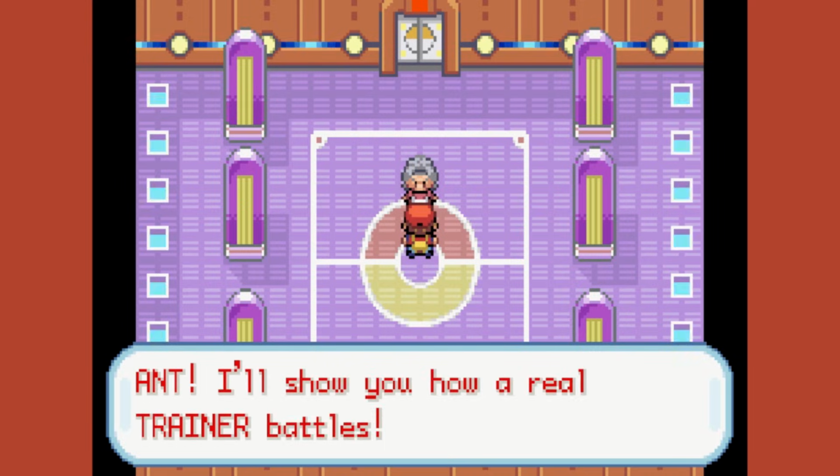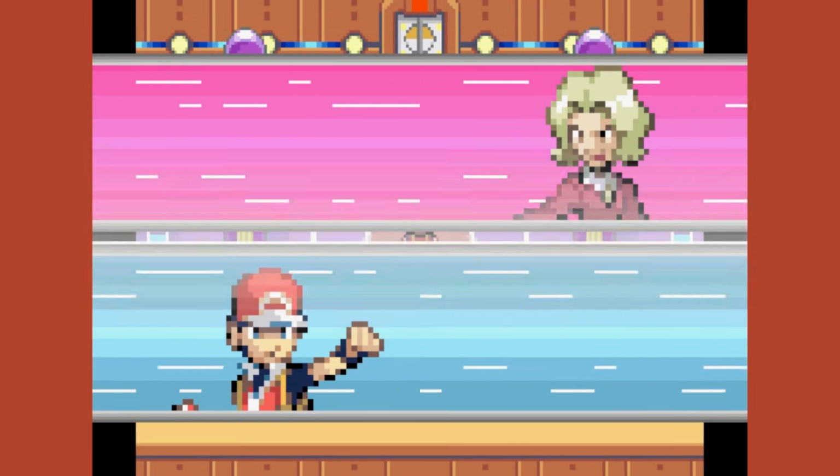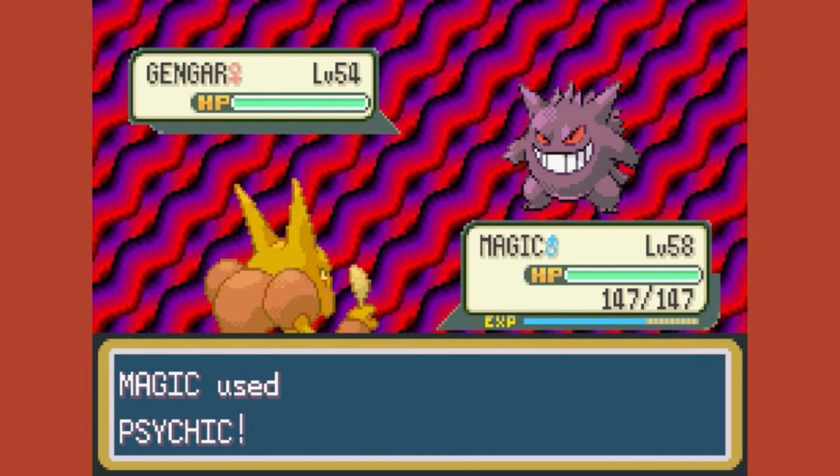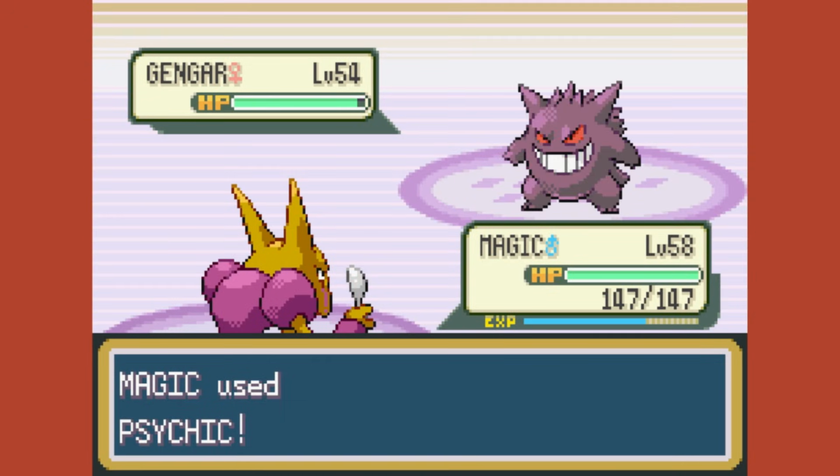getting us into the third room of the Elite Four against Agatha. In this fight, she starts off with Gengar, and I'm leading Alakazam once again. Now, unlike the messing around I was doing against Bruno, I'm not taking any risks here. I just go for Psychic straight away, take down the Gengar, and then we do the exact same thing to